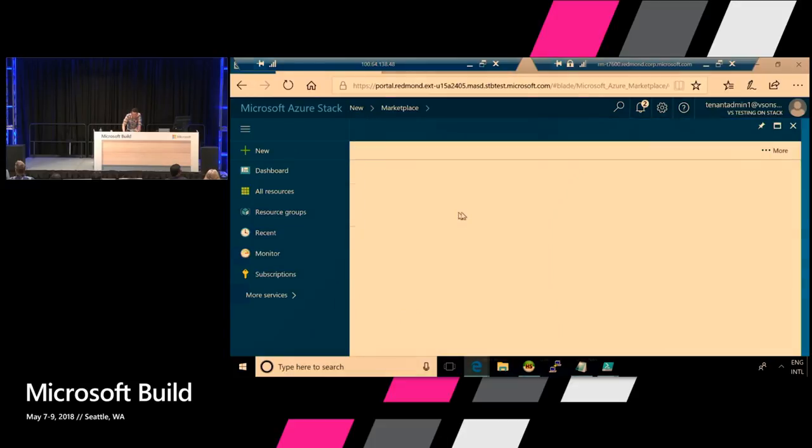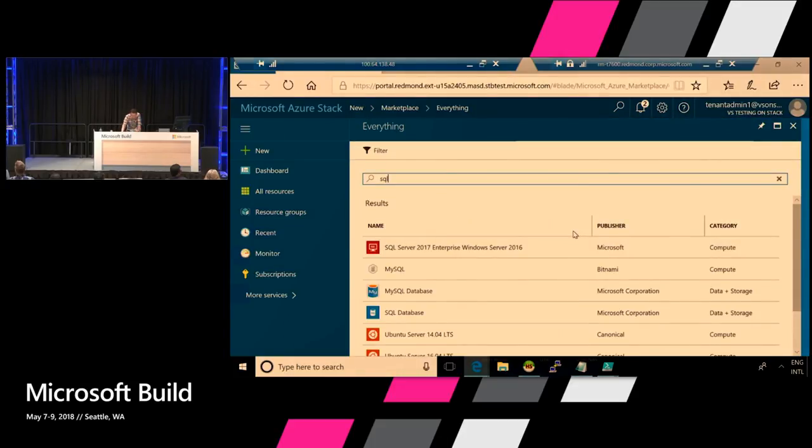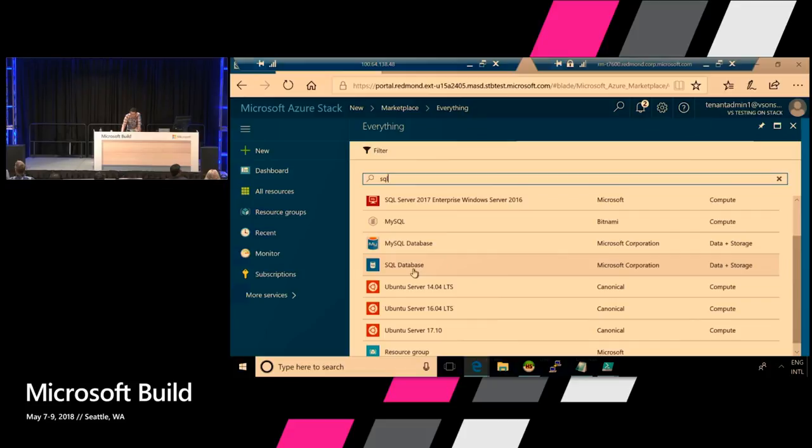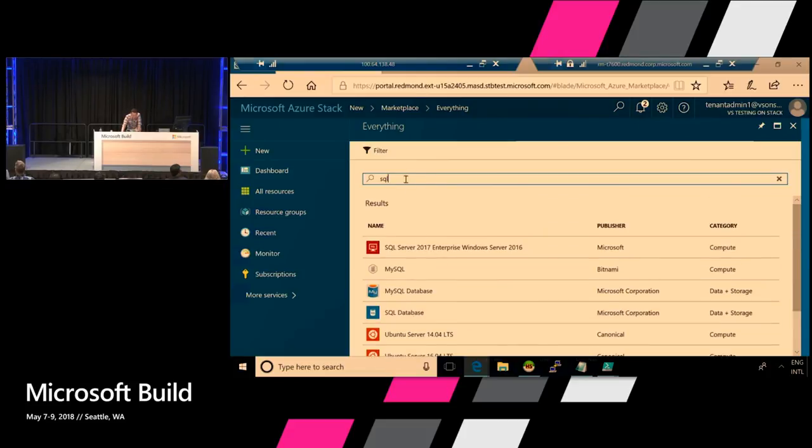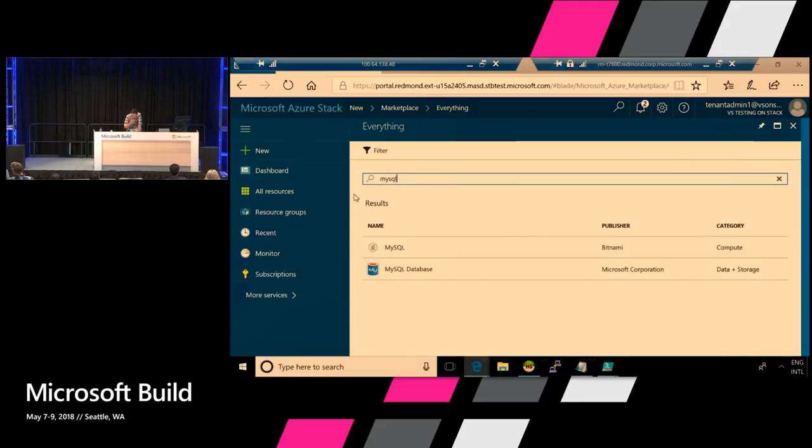Do I have a SQL server? Yes, I can create a SQL database. I can also create a MySQL database if I want. Basically, these are two of our resource providers, SQL and MySQL.